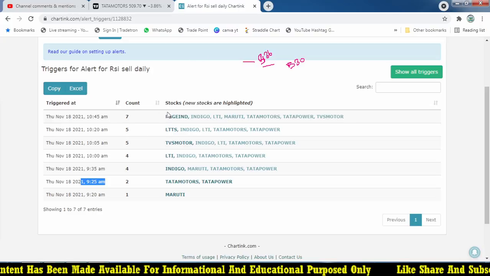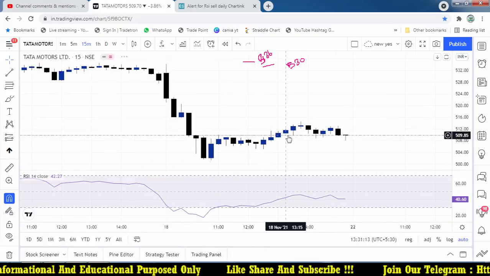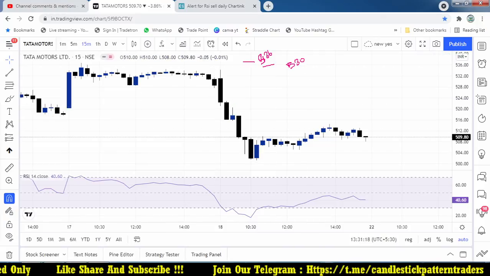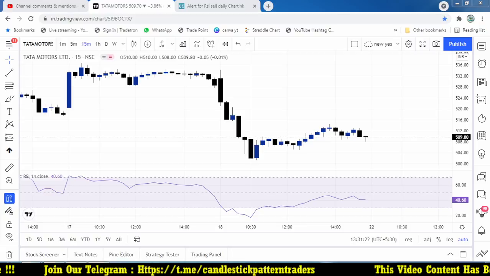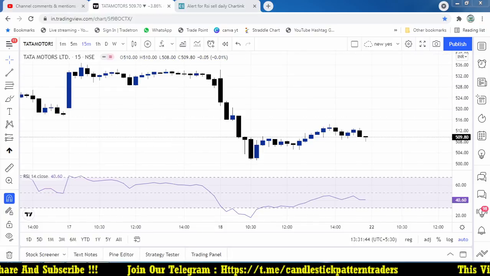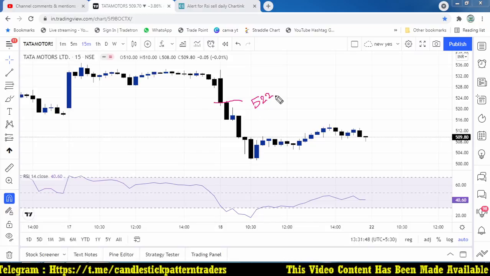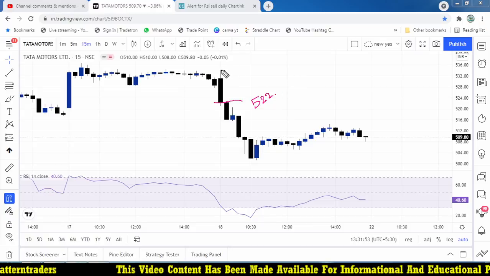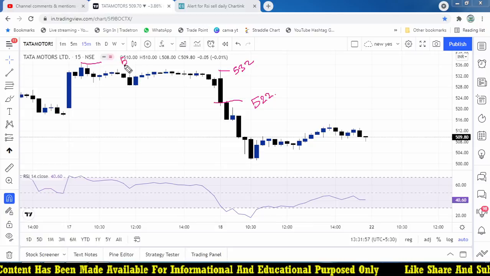So let's wait the next 5 minutes, it may be 9:30. At 9:30, the stock was trading somewhere around 522. So these are the levels which I know, right? Just wait for a second. So when the RSI alert is given, the price of the stock is trading around 522. But the recent high today is 532, and the previous day high is 536.